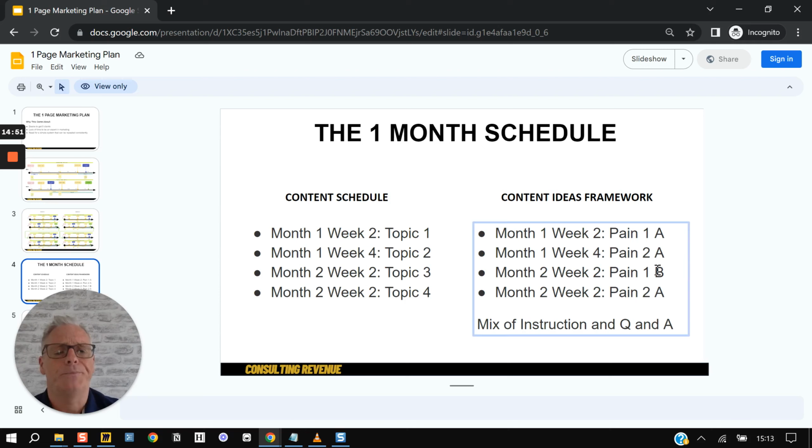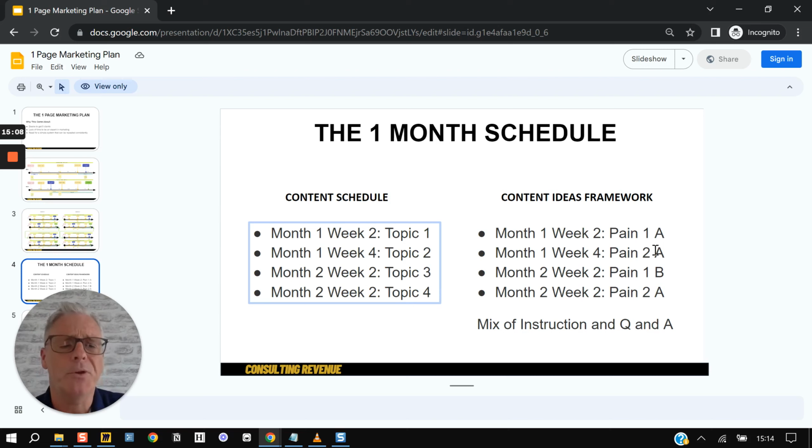So instead of recreating the wheel every time, which is what most people would do, what you do here is you change this. I'm in view only mode, so I'll change this as you go. But what you do is you deliver pretty much the same content, but with a different wrapper around it. So different headline, we will attract different attendees. So you might shift it from these people are problem aware and these people are solution aware, or this is a more educational piece. So there's different ways of doing it. So you don't have to create a significant amount of content.